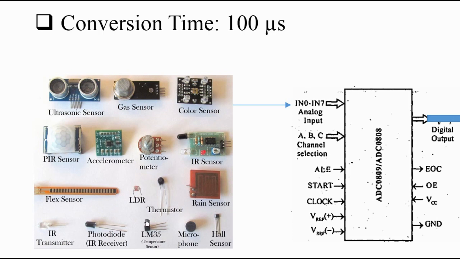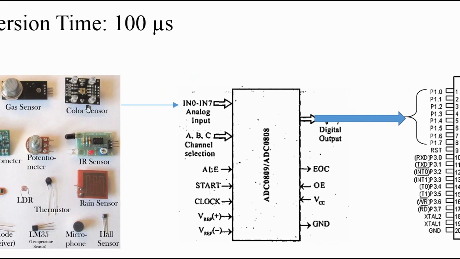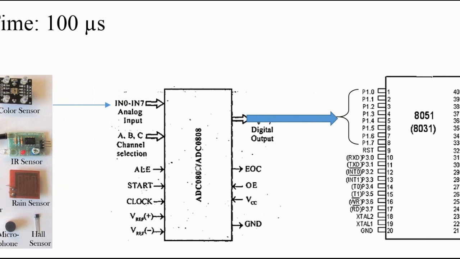This is the temperature sensor we are interested in. Then there is a micro four Hall sensor, photodiode, IR sensor. Now there are some sensors like gas sensor, etc., temperature sensor, and LDR. Those are some sensors, thermistor, those are some sensors which give analog output. So in order to interface all those sensors, we require ADC 0808 or ADC 0809. With the help of this IC, we can convert analog signal into digital form.